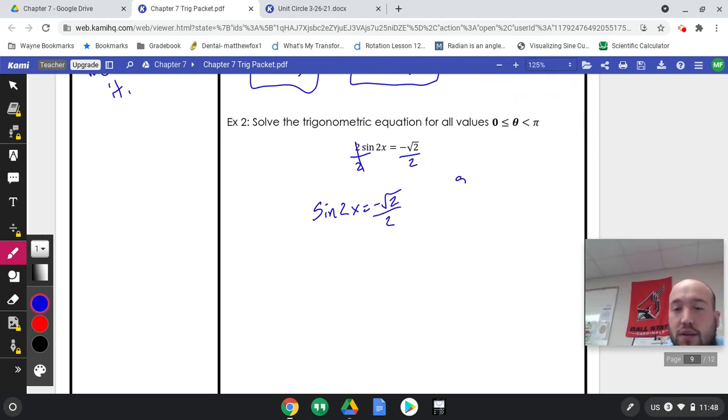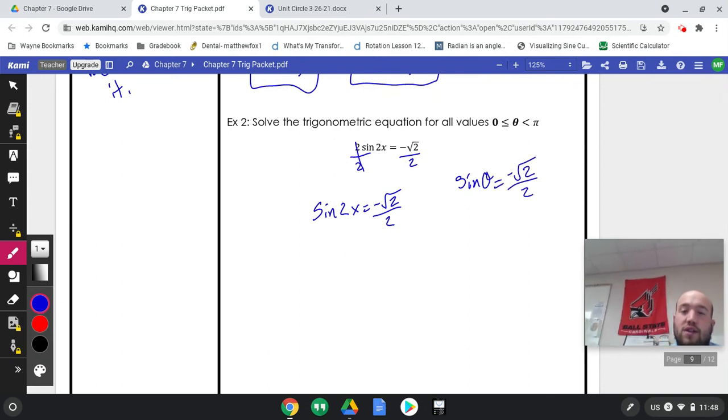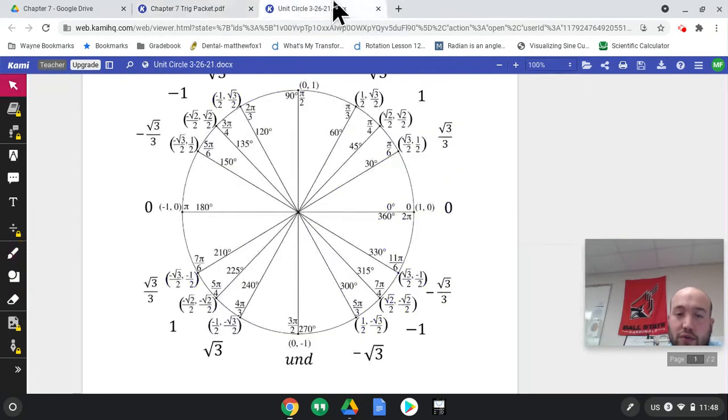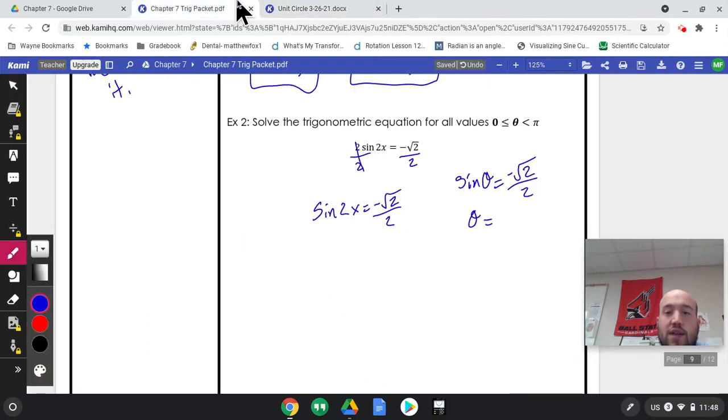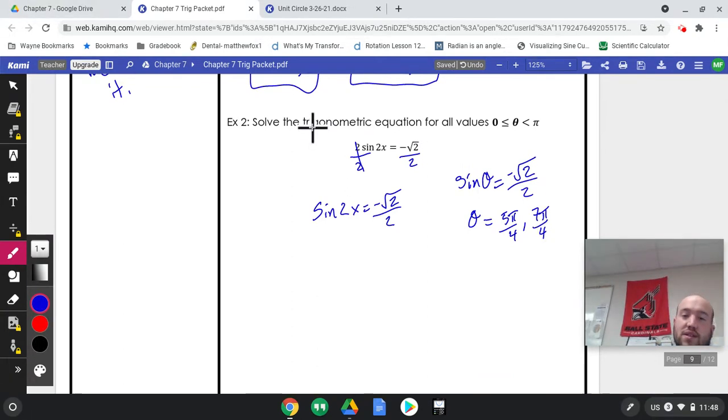Once again, it's up to you if you write this step or not, but if we had sine of theta equals negative square root of 2 over 2, we're saying where is the y value equal to negative square root of 2 over 2. We know it's y, so it has to be down. So right here at 7 pi over 4, also at 5 pi over 4. Those are our two answers for if theta was there. So 5 pi over 4 and 7 pi over 4. And now just set that instead of theta,